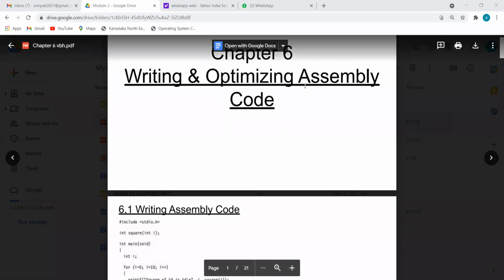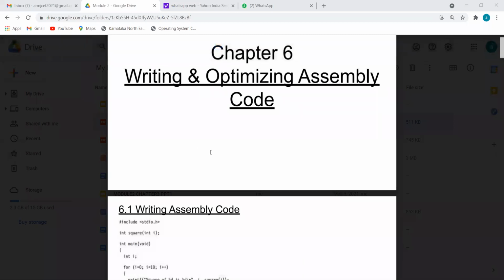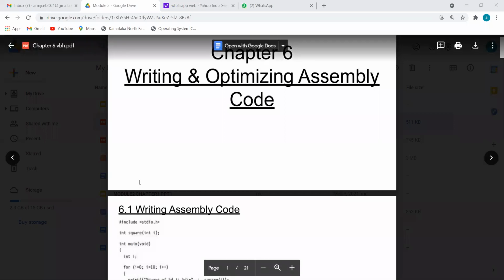Now, how to write and reduce the assembly code. Writing, you already know how you have written. There was one AREA keyword, then the name of the area like VBH, factorial, etc. that you have used. Then you have written the code, READONLY, ENTRY, START, some operations. So that is what assembly code is.